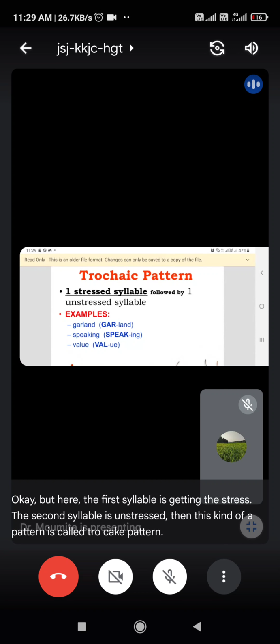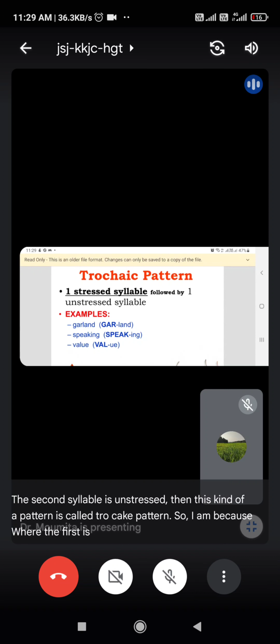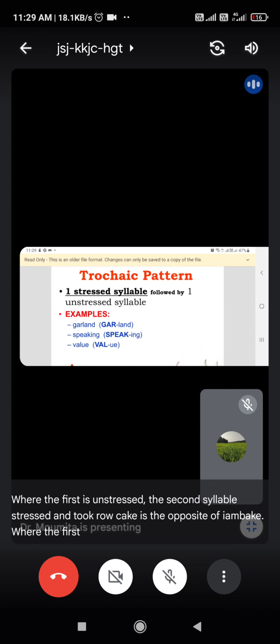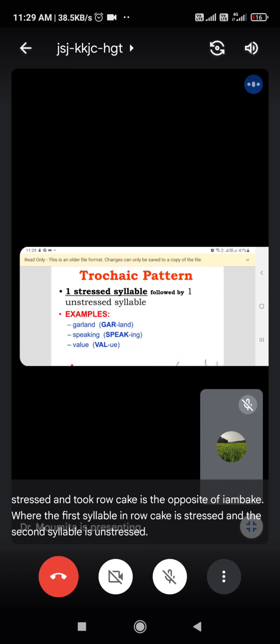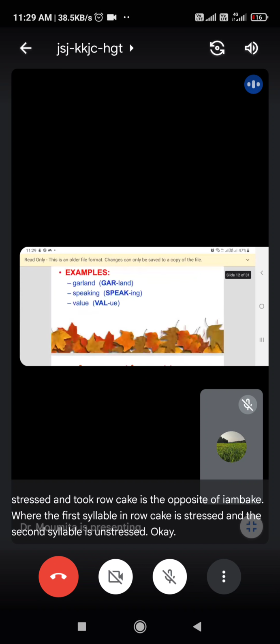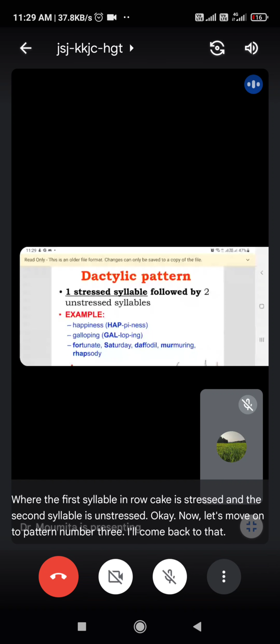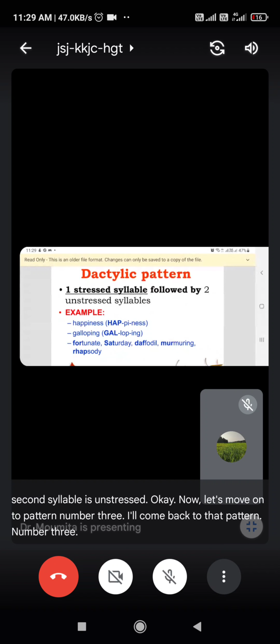So iambic is where the first is unstressed, the second syllable is stressed, and Trochaic is the opposite of iambic, where the first syllable is stressed and the second syllable is unstressed. Okay? Now, let's move on to pattern number 3. This is called, sorry,